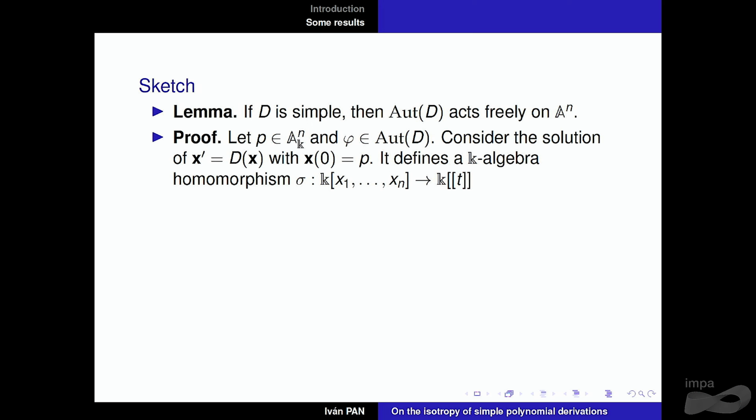And then there is a non-trivial solution here, where x1, ..., xn are sent to x1(t), ..., xn(t), the solution of the differential equation. Then this defines a homomorphism of K-algebras